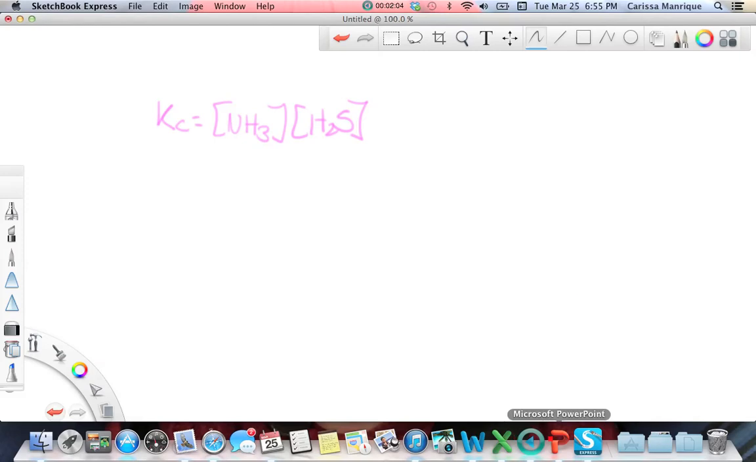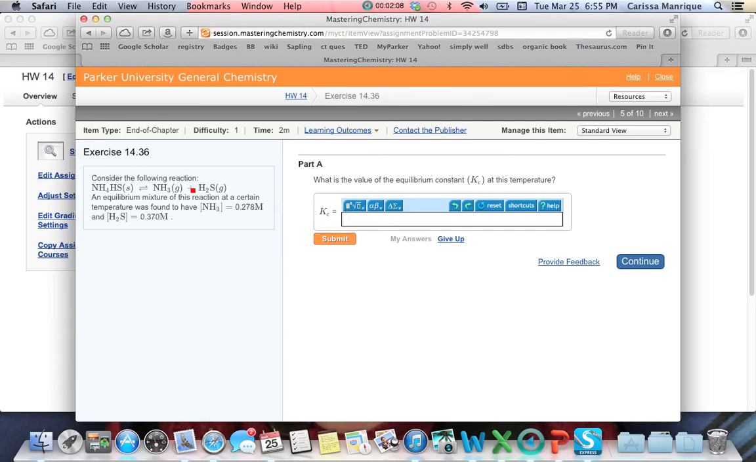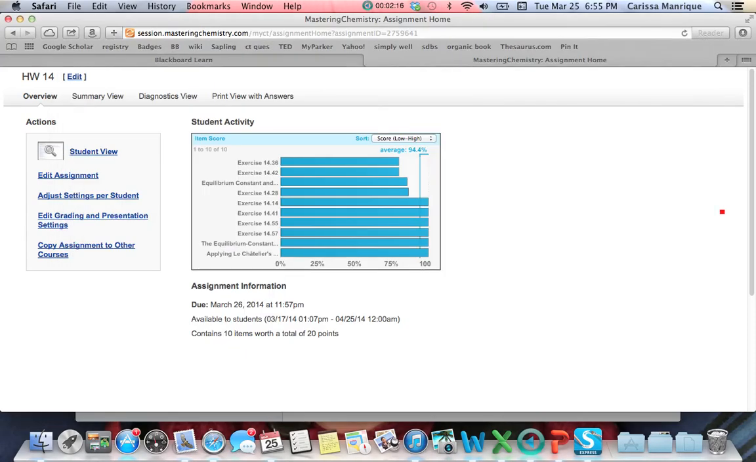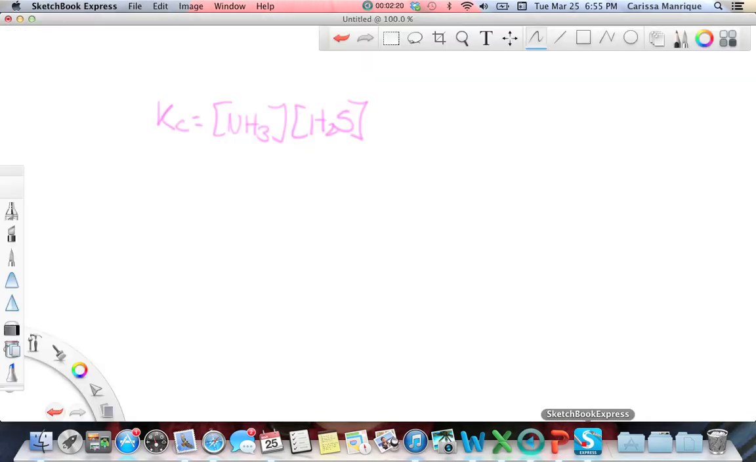And now all we need to do is put in those values. Notice there's no coefficients, so it's not raised to anything. NH3, or ammonia, is 0.278. So right here for ammonia, I'm going to put in 0.278. And then for H2S,